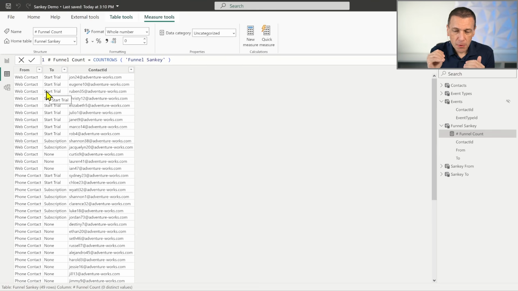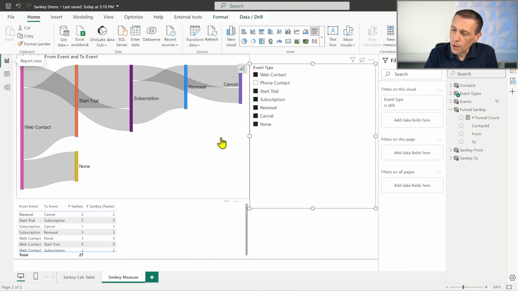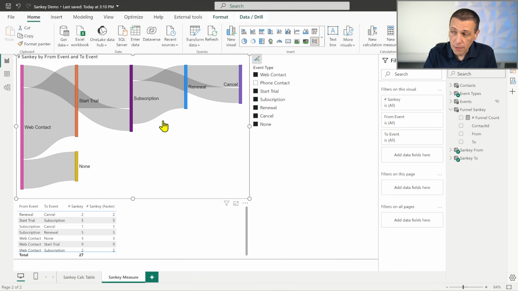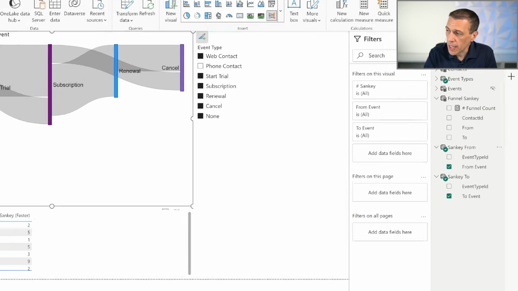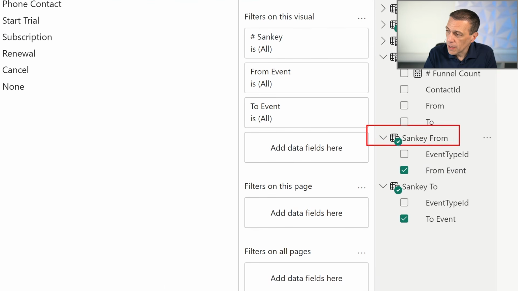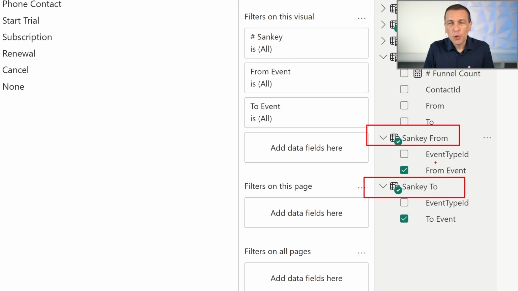So this is more challenging. Let's see what we had to do. First of all, by looking at the visual we have, you see that this time the visual has a connection with 2 tables, Sankey from and Sankey to. If you think for a moment, we need to be able to show any combination between the 2 lists of